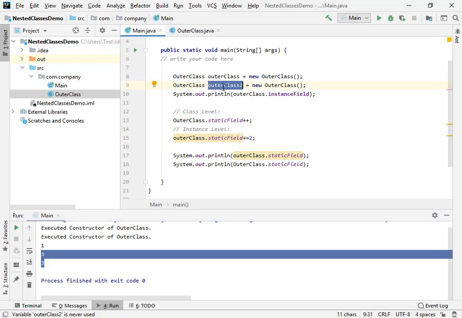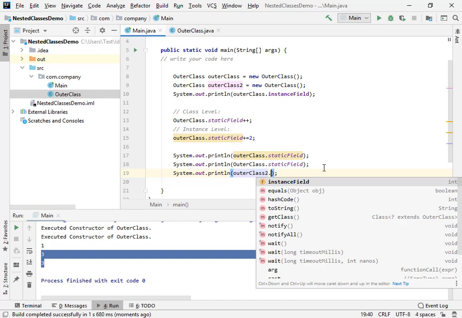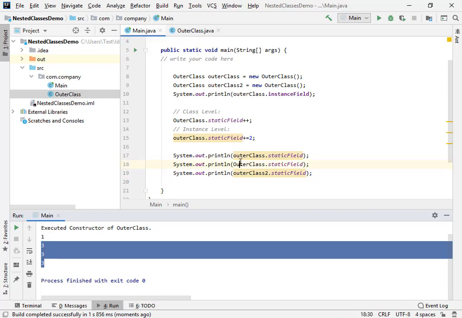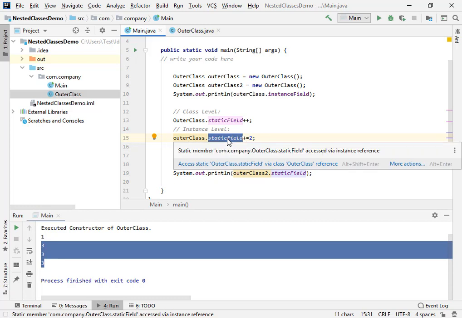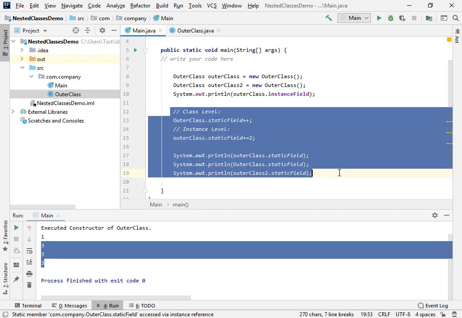And in the same way, if I use outer class 2 to also share the output, which is the second object, then you're gonna see that it will also be the same value, even if the objects are different. You can see one is from class level and these two outputs are from instance level. And at this point, all of these values are the same only because the field is defined as static, right? So now let me comment this out,